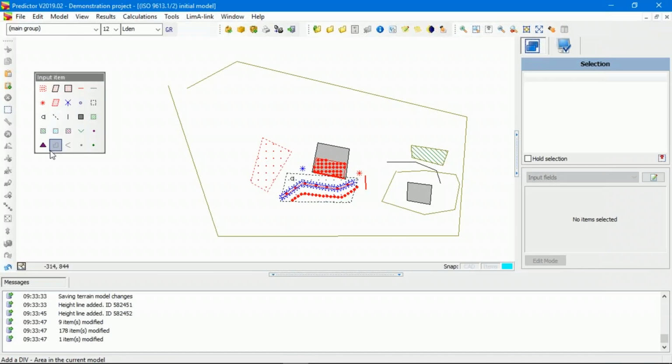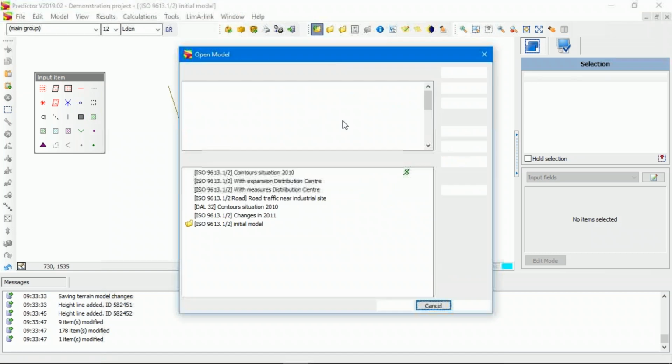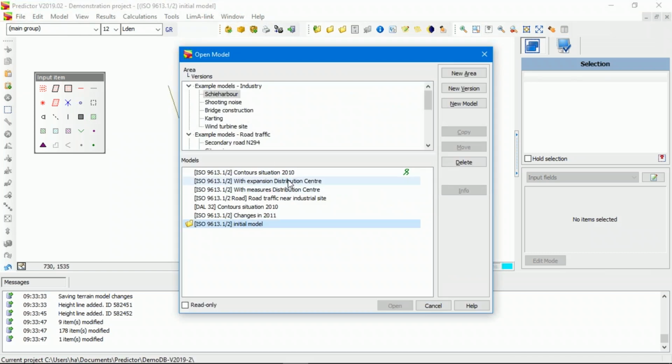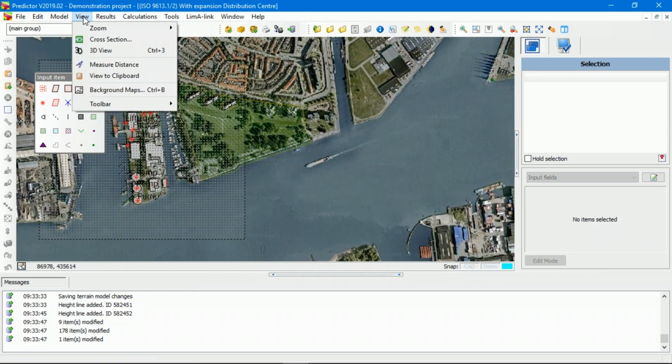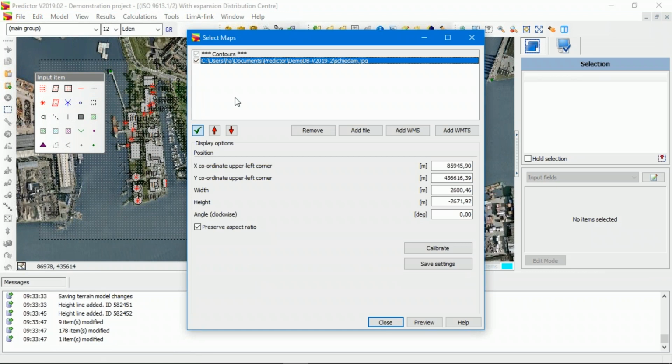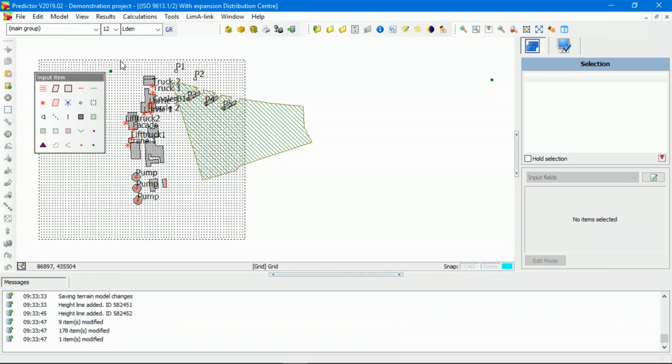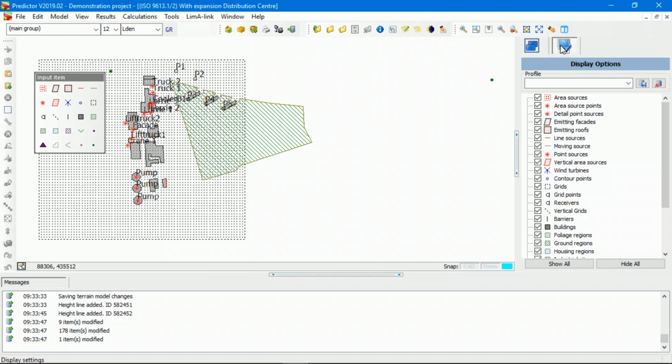Okay, that's basically the source types and the object types. Now I want to show you the test calculation, and therefore I open this one, for instance. I'm going to take out the background map, close, and I'm also going to deselect my grid points,